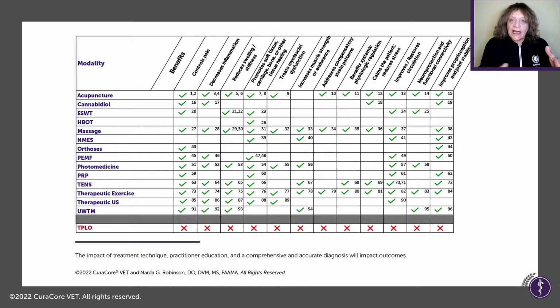So for each modality, I just looked up what were 1 or 2 references that could substantiate the clinical effects that we see listed on that upper row. It's not extensive, it's not comprehensive, but it's just an indicator because there's so much research that I could have gone on for many days listing all of the citations. But I just wanted to encapsulate it to help you choose from all these different treatments that we can recommend for animals and for their people to employ or apply at home or to pursue at the clinic. This is the rationale for why we might choose one over the other.